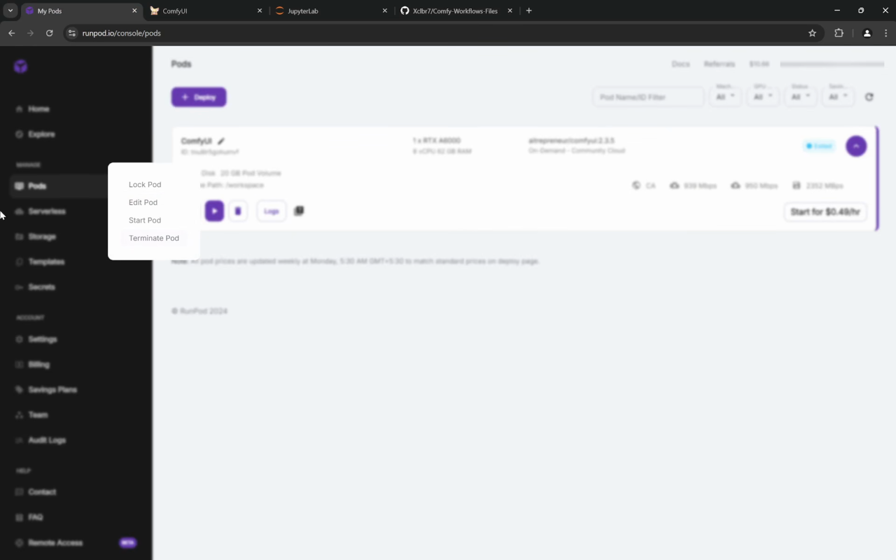Go here and just terminate the pod. Once you terminate the pod, that means that everything is gone. So you won't even have to pay the storage amount, which is around $0.06 per hour